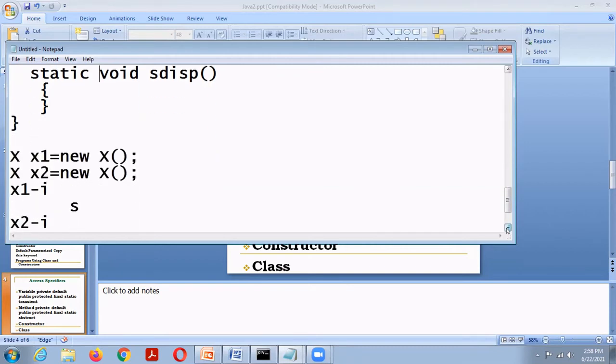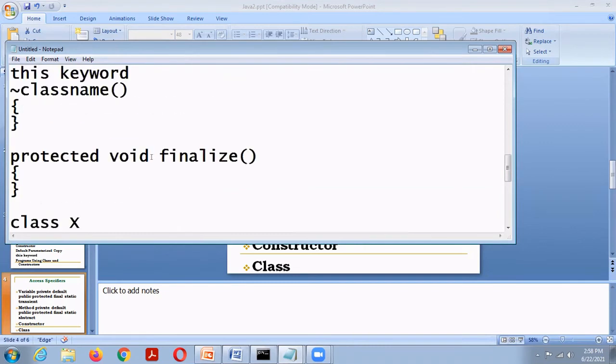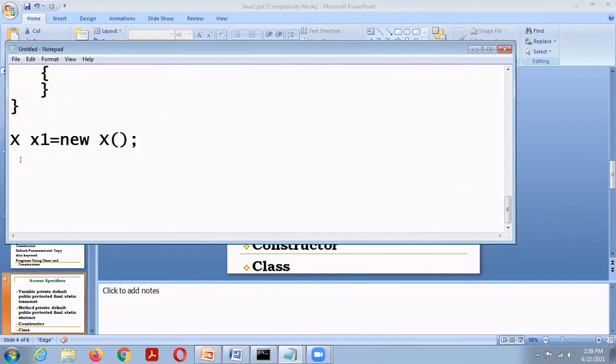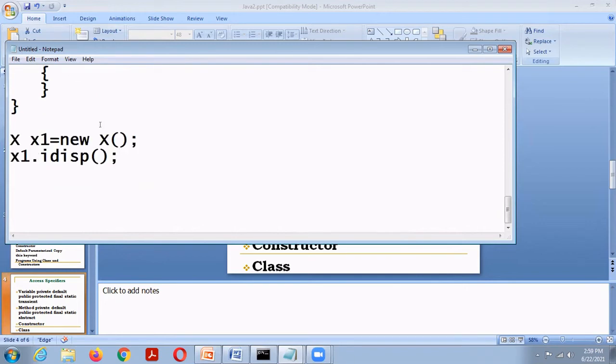To invoke the IDisp method, we need an object, that is x1. So we can invoke this IDisp using the object x1, so x1 dot IDisp. A static method can be invoked without creating an object. So how can we access the static method?